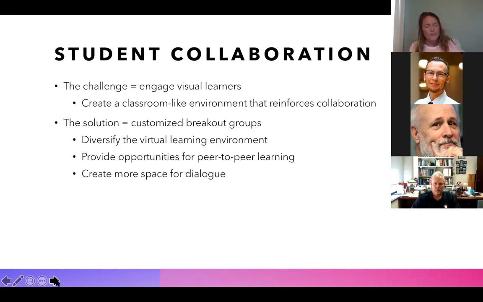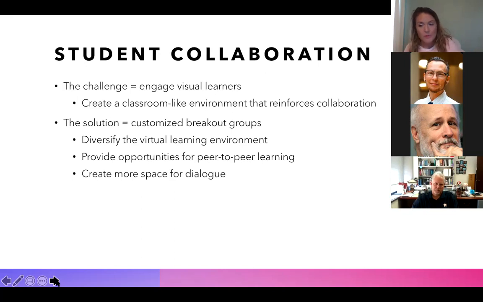They have a way of communicating with each other sometimes where we can get a little bit in our heads. We have all this knowledge and sometimes we can muddle it up for them, and they are able to explain it to each other better than we can explain it to them. And then also just that space for dialogue. It's kind of scary, especially if you're a shy person, which I actually am. It can be scary in a group environment to speak up, and they feel a little bit freer to communicate with each other when they're in that smaller space.